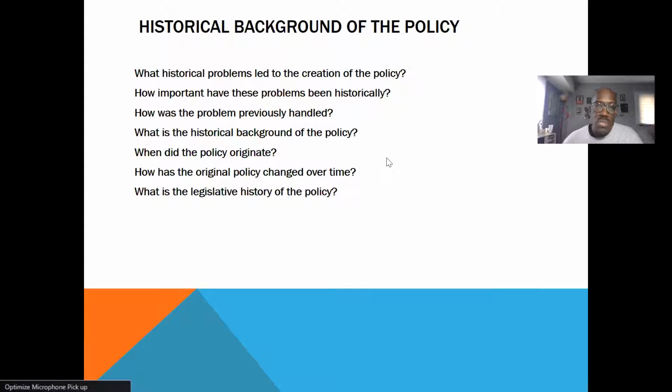So as you have done your research, as you have looked through articles and books, your literature reviews, as well as there may be other sources as well, these are the questions you will need to really pay attention to under that first part of the background of the particular policy. So we need to know these things. Second,